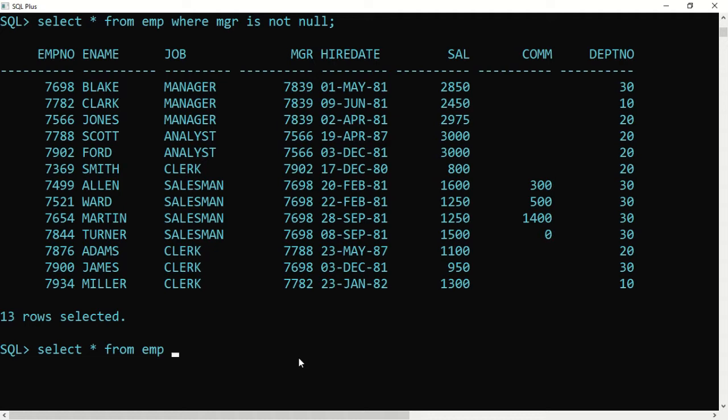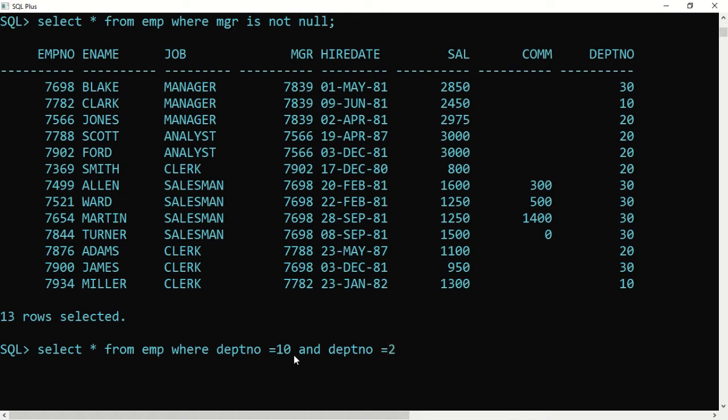So how to do it? Say select star from EMP where department number is equal to 10, and I want the persons working in department number equal to 20.